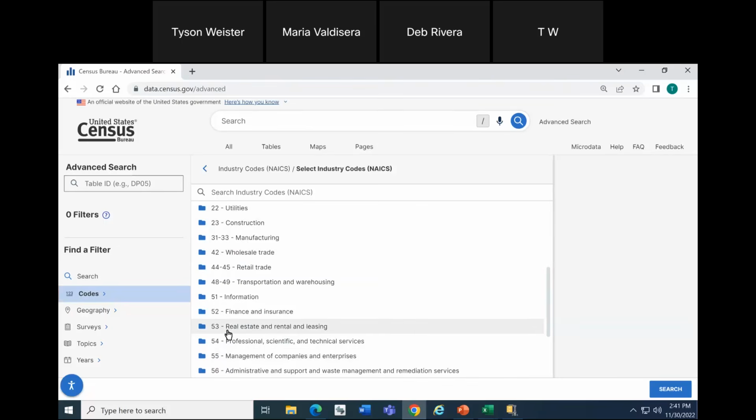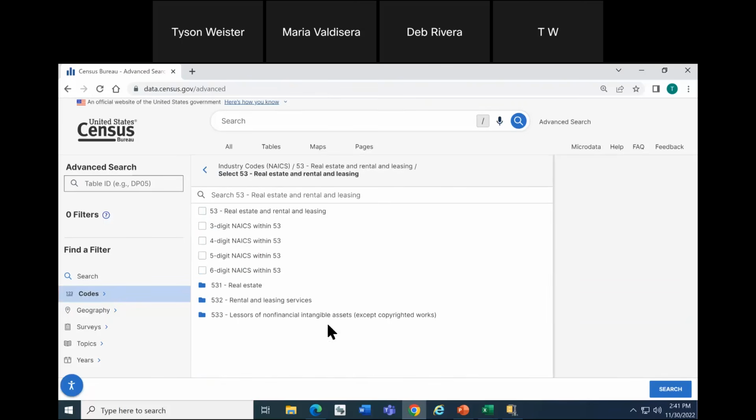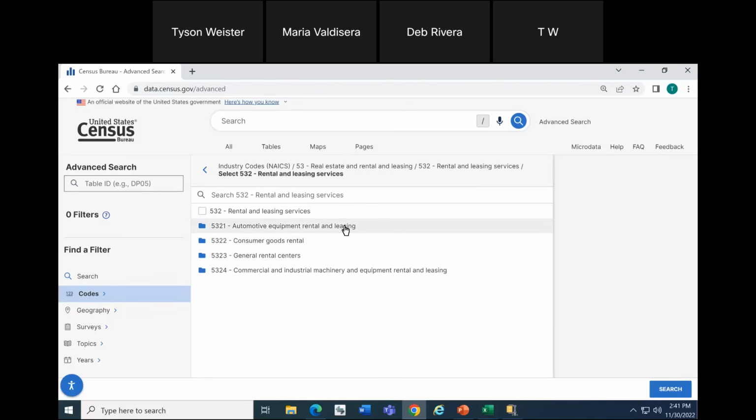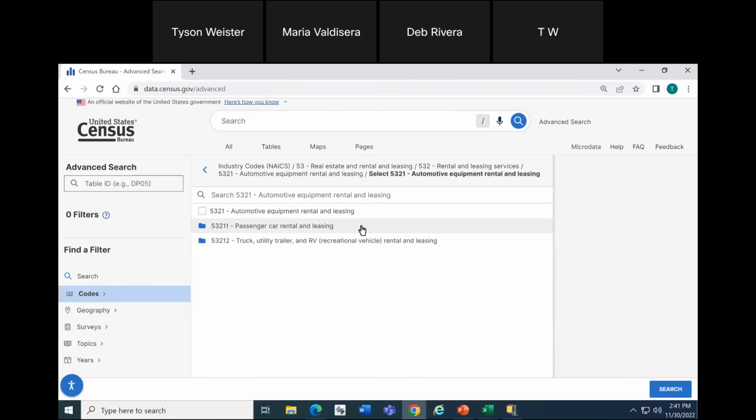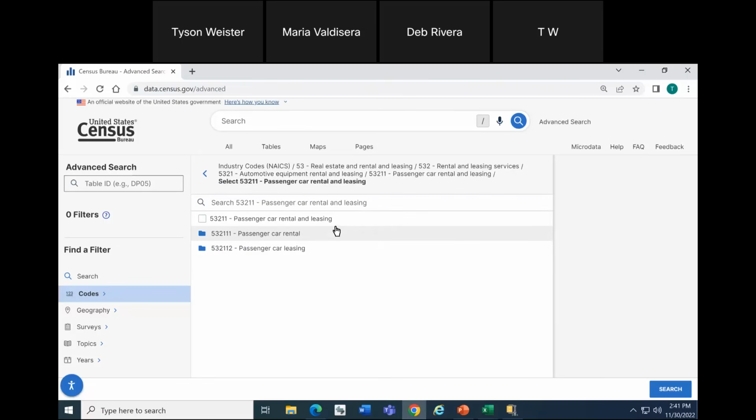For us, we'll click 53, Real Estate and Rental and Leasing. Then we'll choose 532, Rental and Leasing Services. 5321, Automotive Equipment Rental and Leasing. 53211, Passenger Car Rental and Leasing. 532111, Passenger Car Rental.